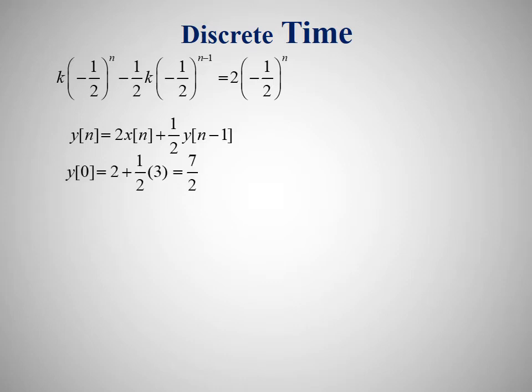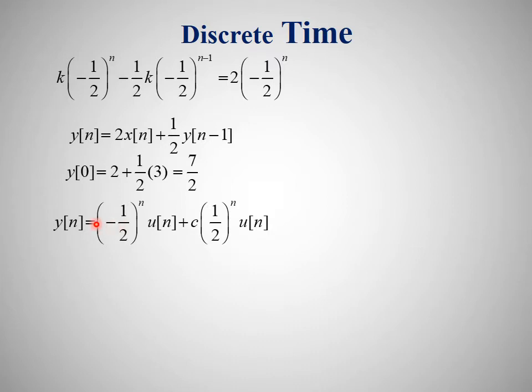Hence, y of 0 is going to be equal to 2 plus half into y of minus 1, which is given as 3. Hence, this value is 7 by 2. The overall solution is y of n is equal to minus half power n u of n plus c into 1 by 2 power n u of n. On substitution, we get 7 by 2 is equal to 1 plus c